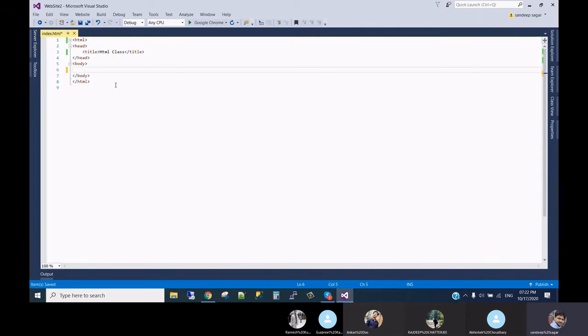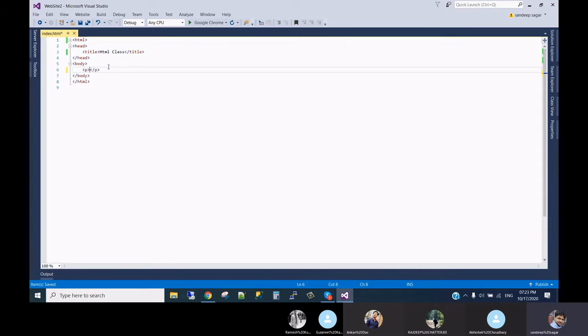So for writing any text or any paragraph, we use the p tag for paragraph. Visual Studio is a very good tool, in the sense that if I write the starting of any tag and close it, it will automatically close the end tag. So there is very little chance of forgetting the end tag.